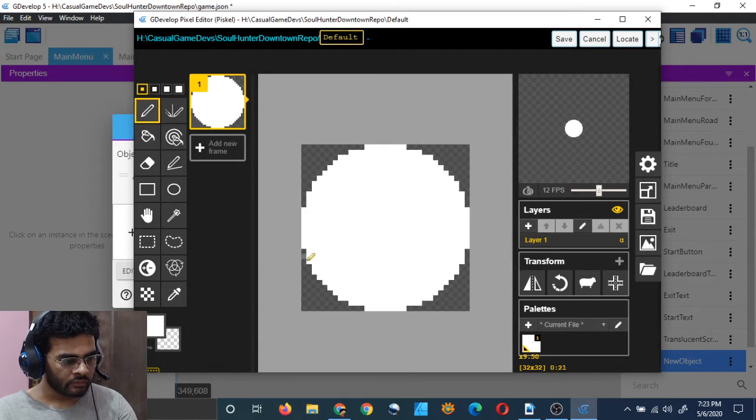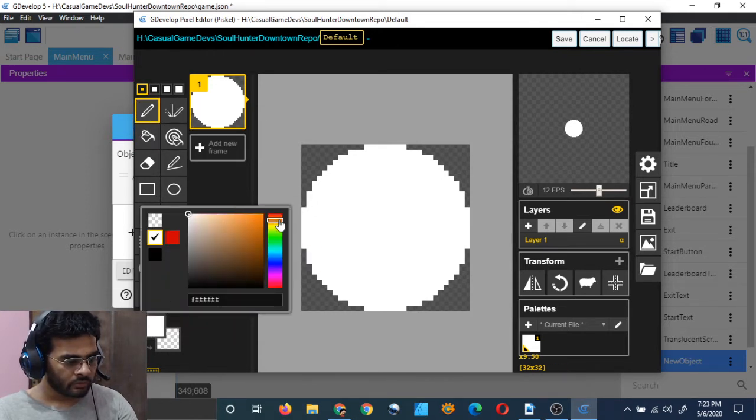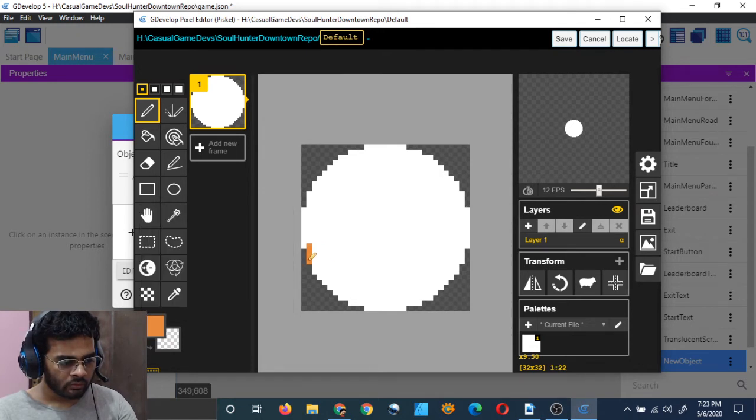White color and some shading with some other color, maybe a little bit orangish, like that. Same way I did for sprites. So you can just put individual pixels if you want. That will take some time.